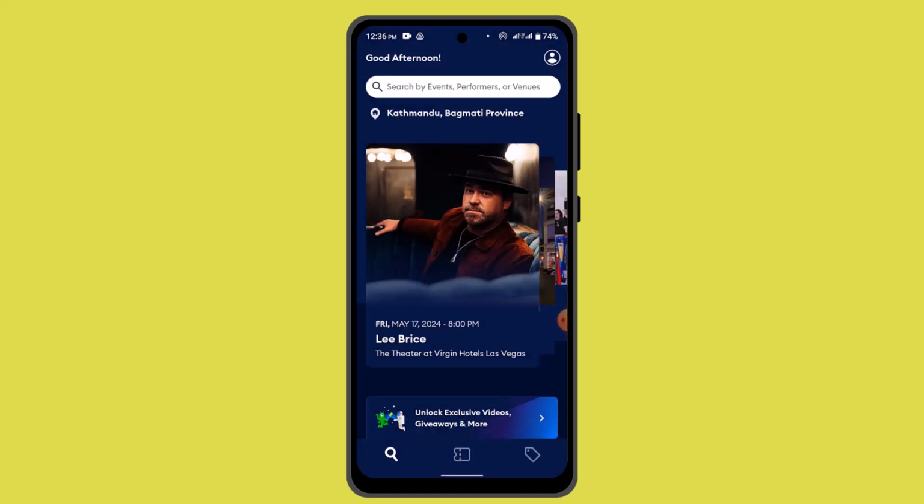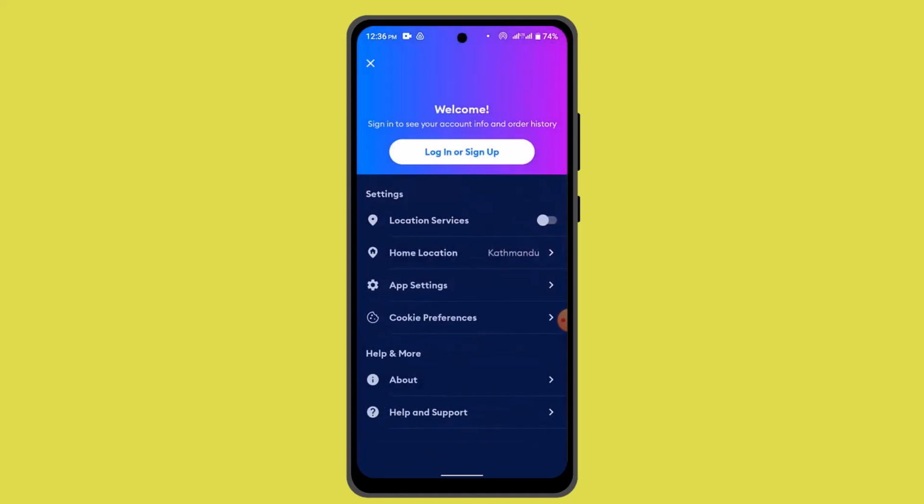When you're logged in, it's going to take you to the home page, which is going to look something like this. From here, you have to go ahead and press the profile icon from the top right hand side corner, and it's going to show you your account management page, such as your settings and all that. So under it, you need to go to your personal information,